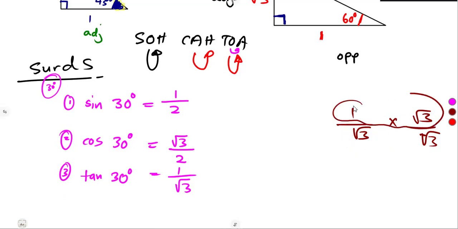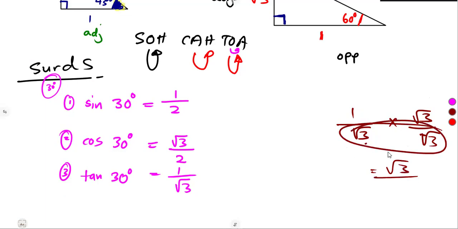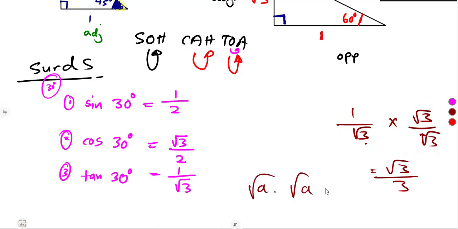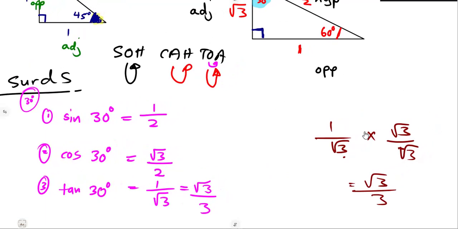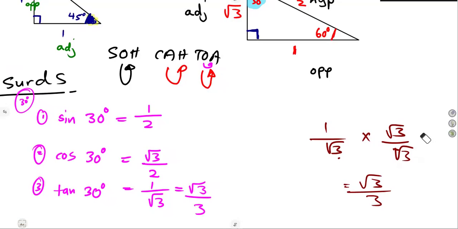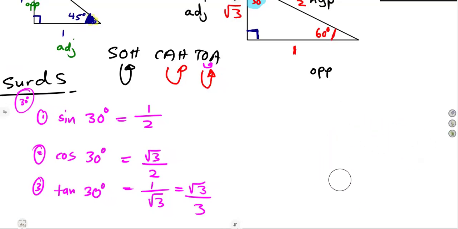So 1 times square root of 3, that's square root of 3. Square root of 3 times square root of 3 is equivalent to 3. Remember, the square root of a times the square root of a concept. So that gives us square root of 3 over 3 as a simplified value. Square root of 3 over 3. So that's how we name this. Even from the calculator, you're going to have the same answer. So that's the same concept on the angle of